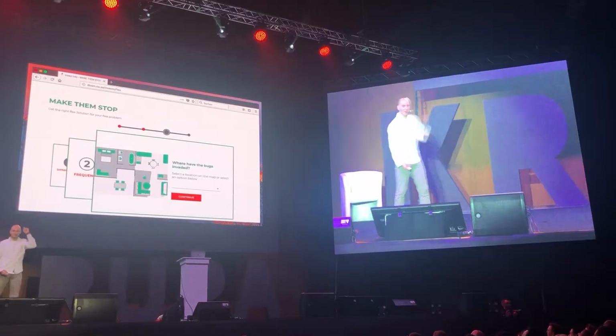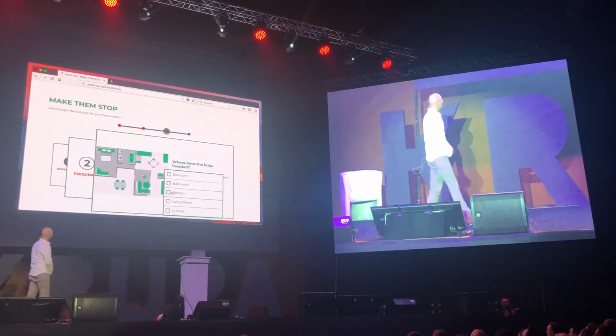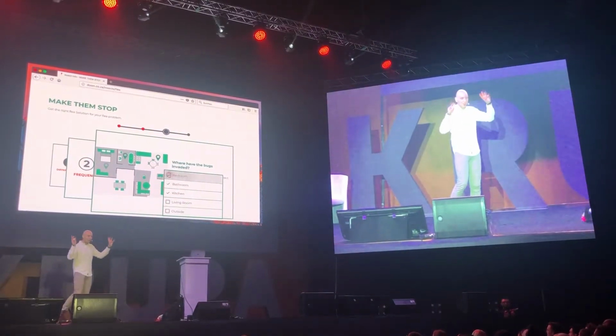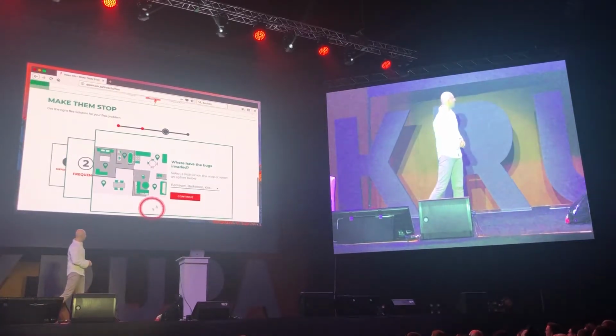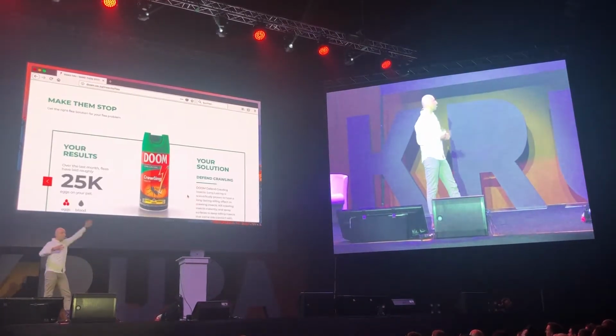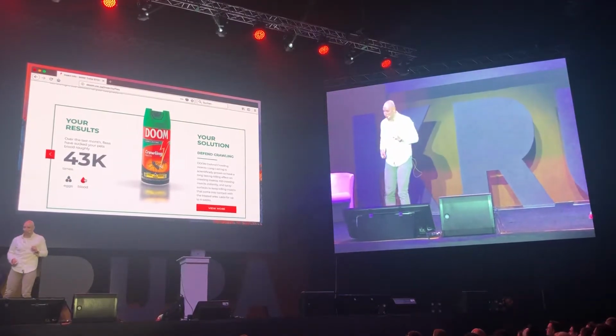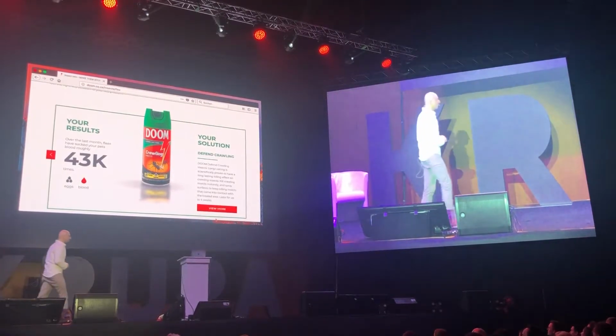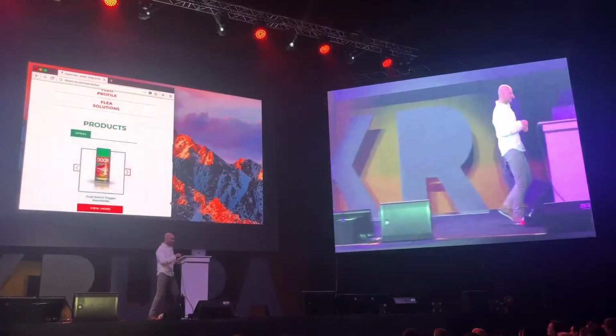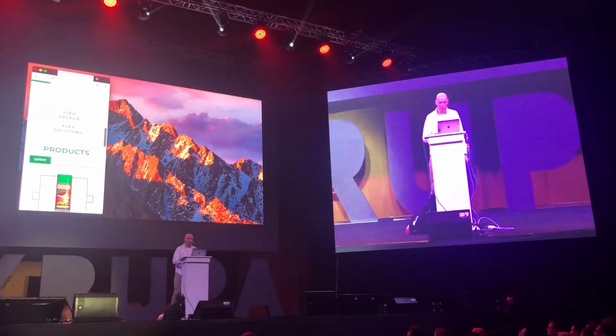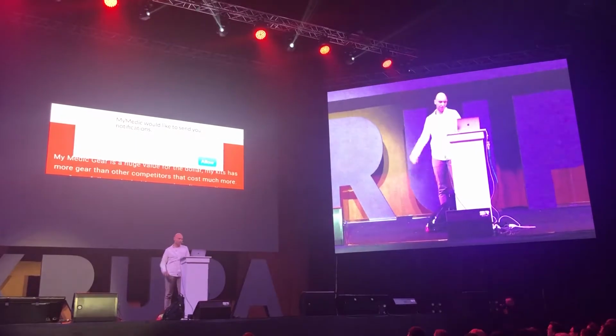This is incredible. A slider, right? And then you select where you have all the invasion coming in, and then in the end, as a result, you get, boom, here's your solution. The problem is, they have exactly one product in the shop, but still fine, right? And so we're kind of getting used to it, and all of this stuff that I'm not even talking about, like all this